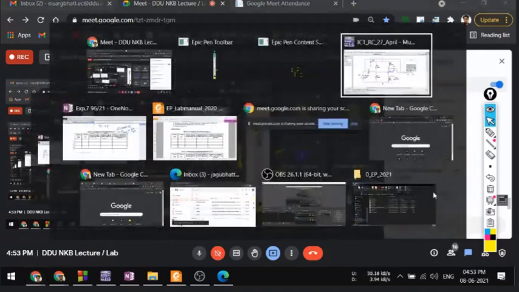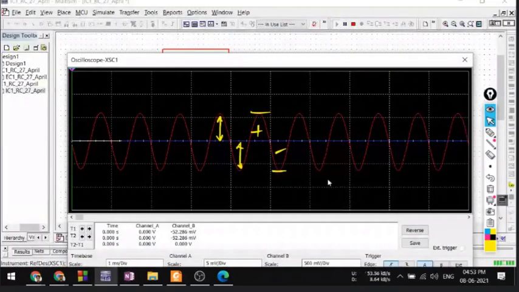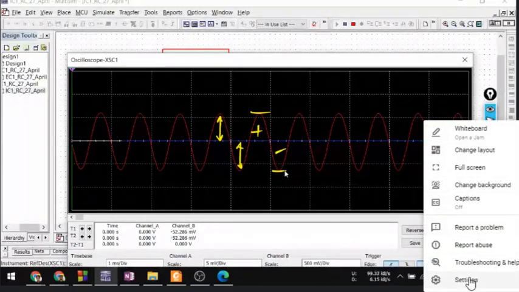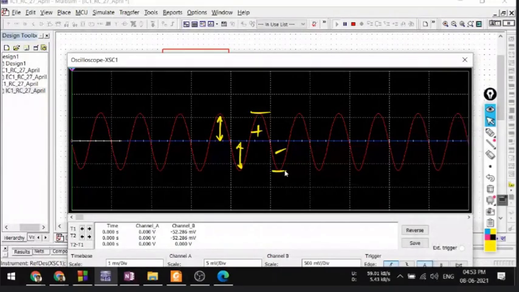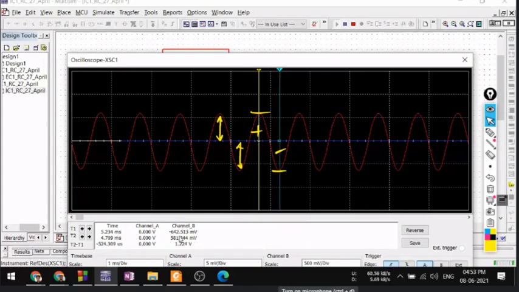Let me show you the waveform. Right, this one. A slight difference is there, right? Because the negative peak is slightly higher. If you set cursor number 2 on the positive peak and cursor number 1 on the negative peak, here you can see the negative is minus 642 and the positive is 581, right? So obviously there is some distortion. The negative peak is slightly higher than the positive peak. They are not equal, right?